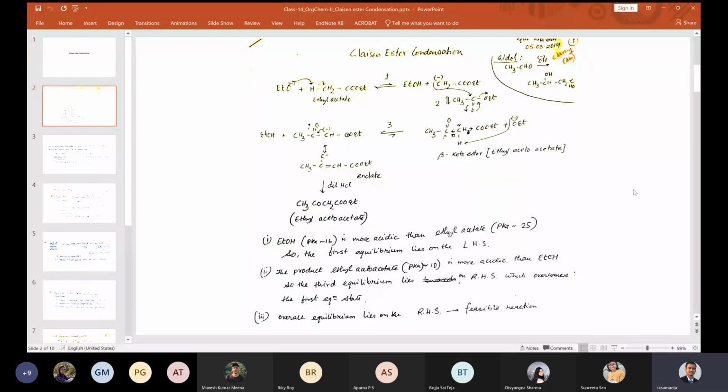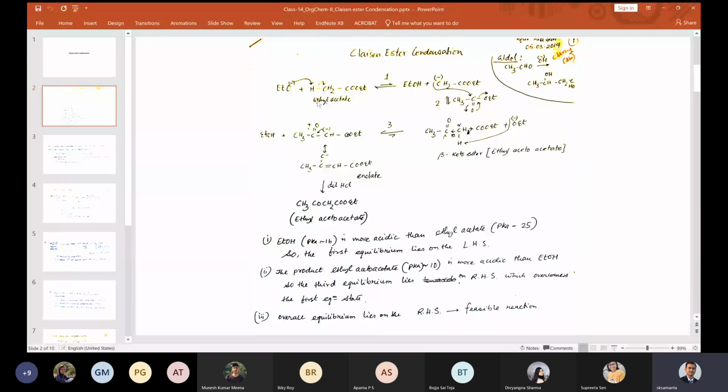Okay, I hope you can see the slides. I hope it is visible to you. So as I said, in aldol we take CH3CHO and then we take a base. Then you get this alpha hydrogen negative charge which attacks another molecule of CHO, and you get this aldol. Instead of CH3CHO, now we take CH3COOEt. That is the only difference here. But that little difference can change the entire scenario, the entire path of the reaction, which evolved as a new reaction. That is why you get Claisen-Ester condensation.